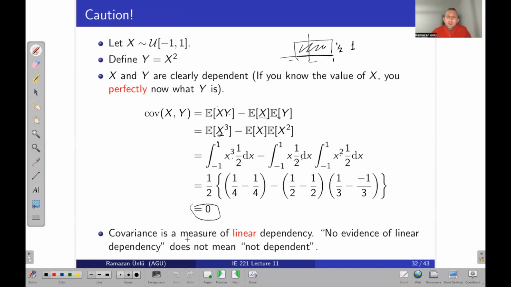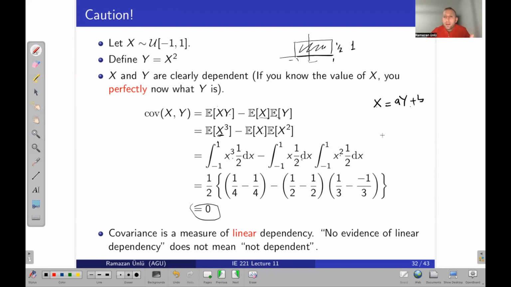That means, can you describe a random variable as a linear combination of another random variable? Like if you can describe x as ay plus b, x is linearly dependent on y,